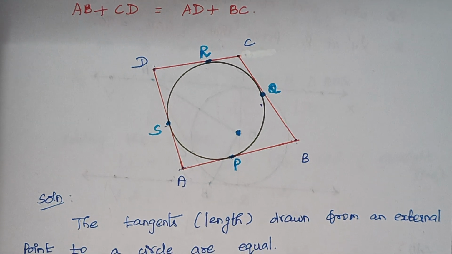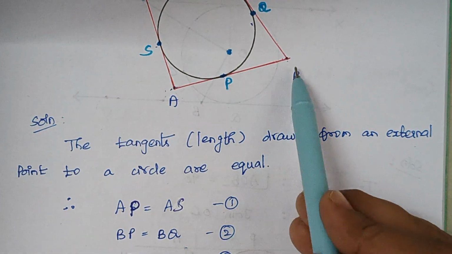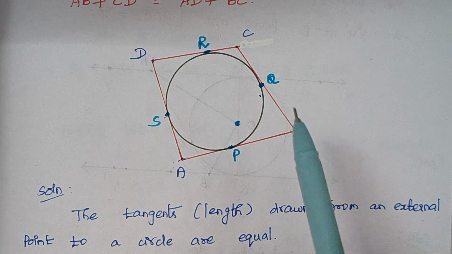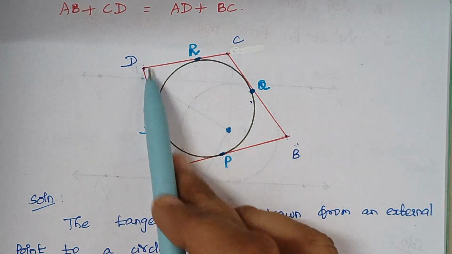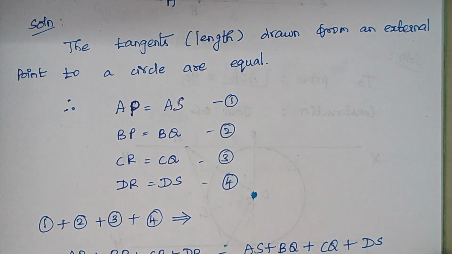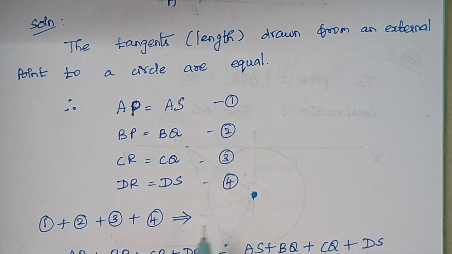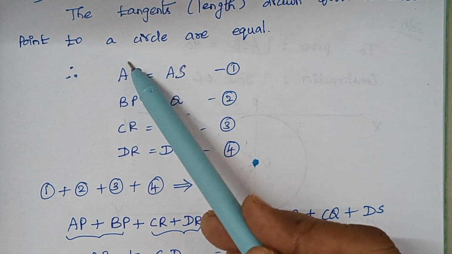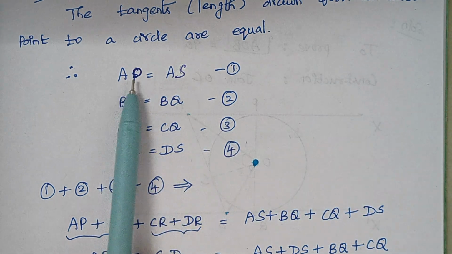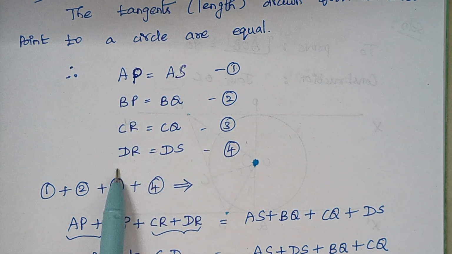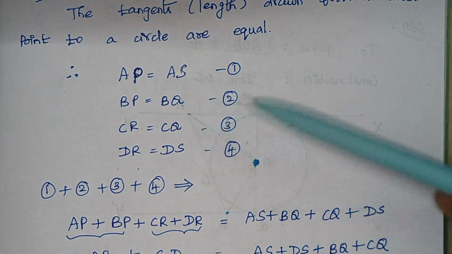Right, they are equal. So here we can write, you see, AP is equal to AS. Similarly, BP is equal to BQ. And here CR is equal to CQ. And finally, DR is equal to DS. Right. So just make a note of it. Now here we are going to add all these four equations, right? So when you add, we are adding the left hand side terms together, which is equal to right hand side terms together. So AP plus PB plus CR plus DR is equal to AS plus BQ plus CQ plus DS,